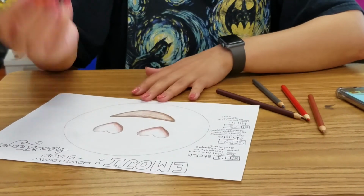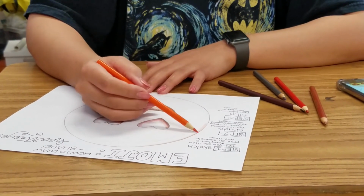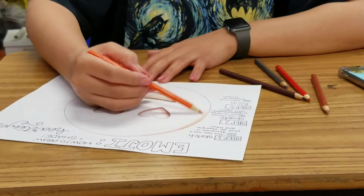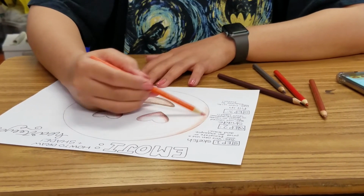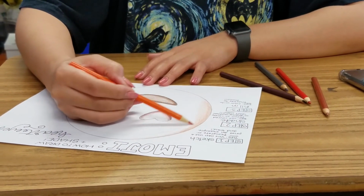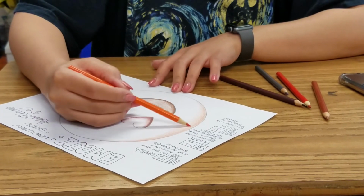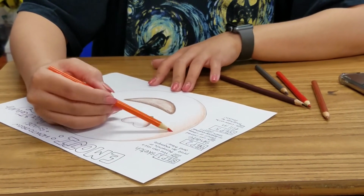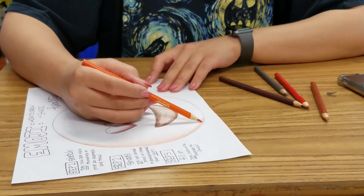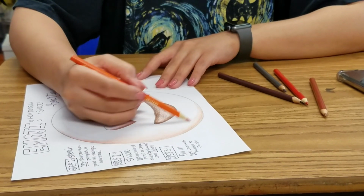So let's look at our emoji one more time. Okay, so we're going to start with orange on the outsides of our emoji because it looks like he's a little bit orange there. And just kind of shade him or her. I don't know if emojis have gender. But it seems like the lights for the emojis are coming from the top, and that's why I drew a little highlight line right there to remind me not to leave that